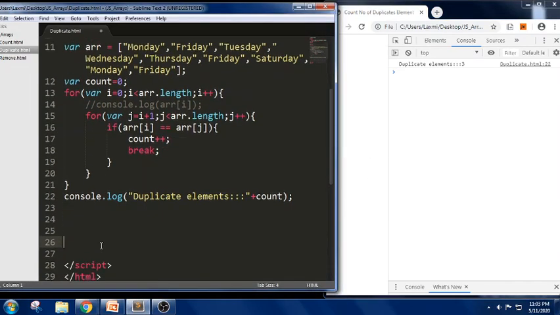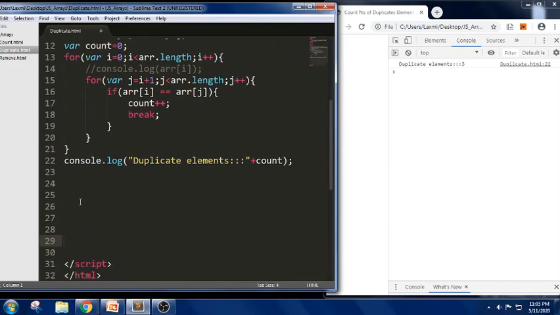Now let us understand how this for loop works. If we can see here, for the first iteration, in the sense of the first loop, the i value will be 0, as it has been initialized. Now what would be the j value here? It will check the condition and enter here. The j value here is j equals i plus 1, it means 1 here.